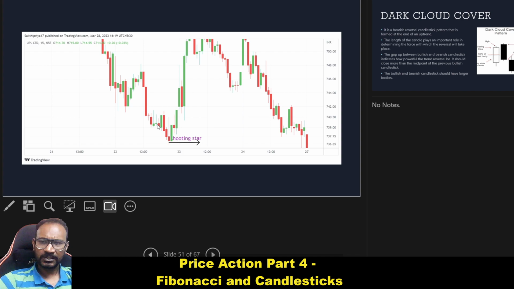So these are single candles. I will not be able to cover all. Likewise, there are so many other patterns. I will dedicate a series for that, like I said before. Now, this is not all about candlesticks. You can also club 2 or 3 candles together and make much higher sense of what the market is trying to do. The next one that we are going to see is called